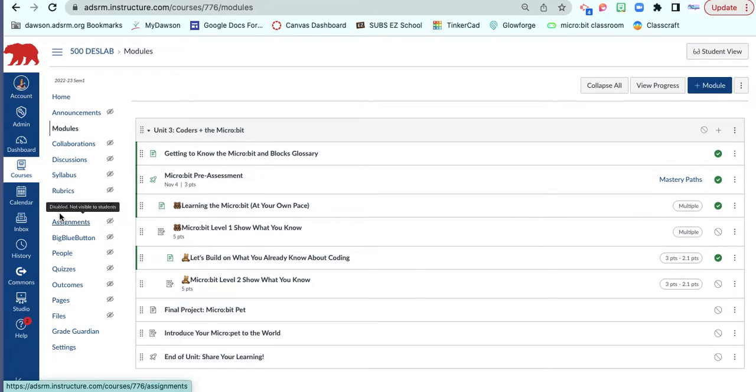Present my unit or learning plan for this assignment. This is actually an assignment I'm going to be teaching coming up in about a week. So I'm going to be teaching coding with the microbit using block coding on MakeCode with all of my